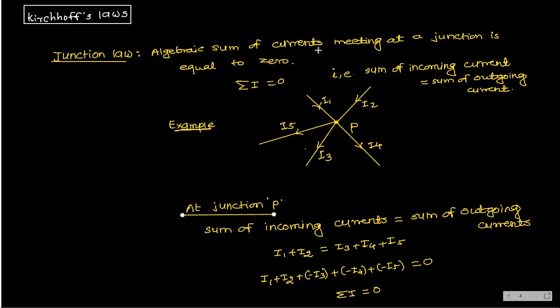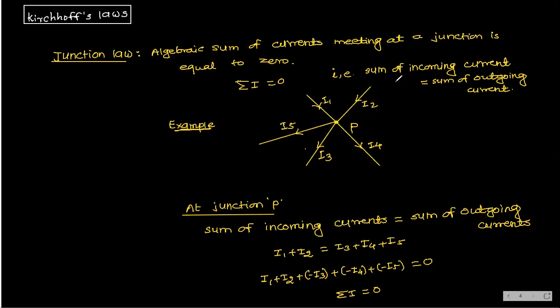Why did you write I5 on the RHS, not the LHS? Because this is an outgoing current. Here I have written sum of outgoing currents on this side. That's why I have added all these currents on this side, and these two currents on this side, because these two are incoming currents. Not an issue. All these three you can write on the left hand side, and this you can also write on the right hand side. You know this: X is equal to Y, then Y is also equal to X. Yes or no?